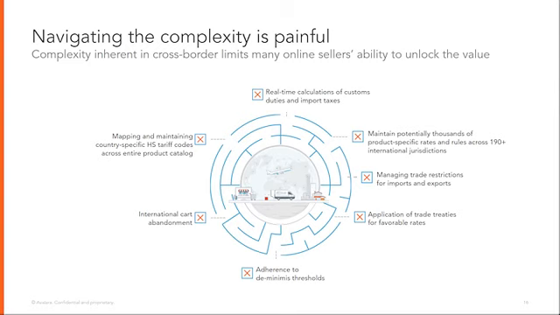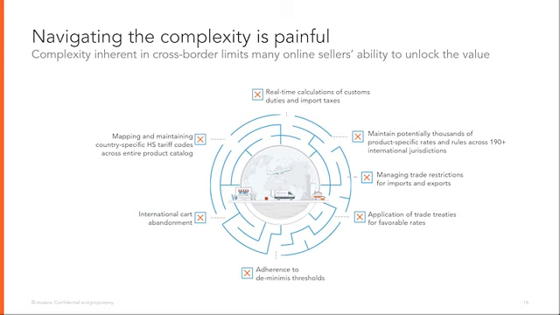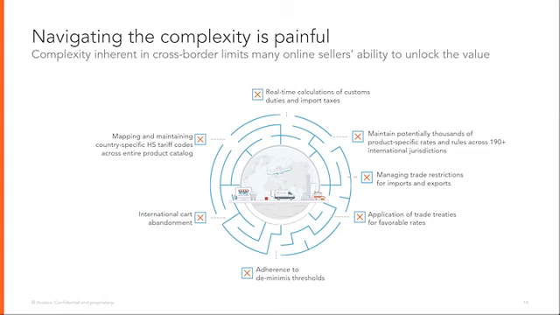The ability to maintain the thousands of different product-specific rates across all the different countries can be quite challenging. So finding a solution that automates as much of this as possible, because if there's one thing you don't want to get stuck in, it's compliance or having any liabilities in that area. Again, trying to manage trade restrictions for imports and exports can be a nightmare. So really trying to navigate all of these complexities will be difficult to do alone and daunting, which is why those that do try and do it alone don't tend to sell in as many areas of the world than those that have managed to automate this process.